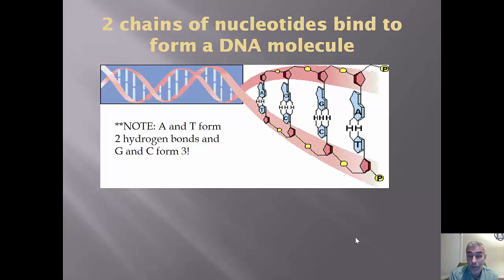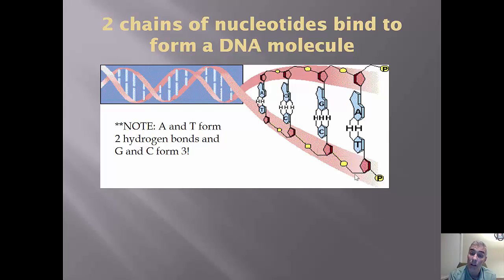It's much easier to denature A's and T's, so it would take a lower temperature to do so, because there's fewer hydrogen bonds holding it together, where G's and C's are held together a little bit more tightly with those hydrogen bonds. And those weak bonds down the middle are really important for how it's going to replicate